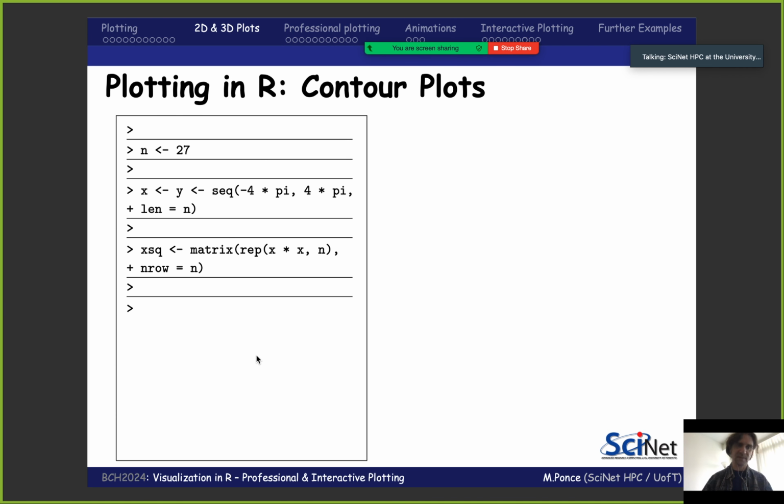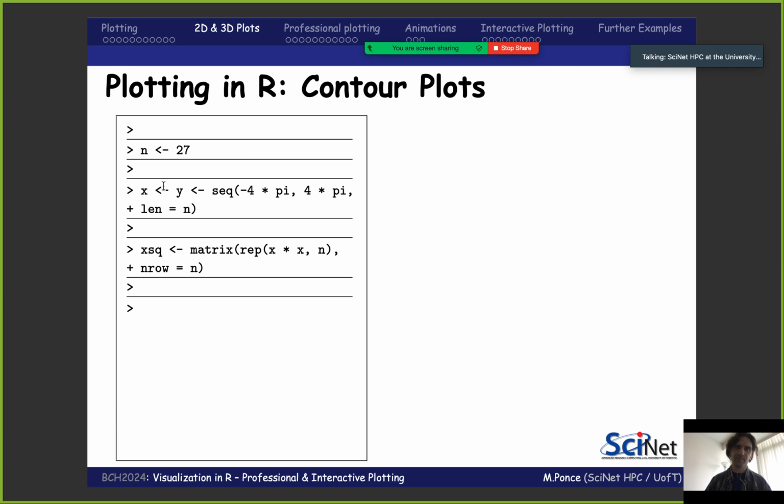Then I'm going to represent a function. What we are going to reproduce, just to let you know in advance, is a Gaussian bell. It's a two-dimensional Gaussian surface, or two-dimensional Gaussian distribution, or normal distribution, as you wish. So my x squared value is going to be given by a matrix, which is repetitions of x.